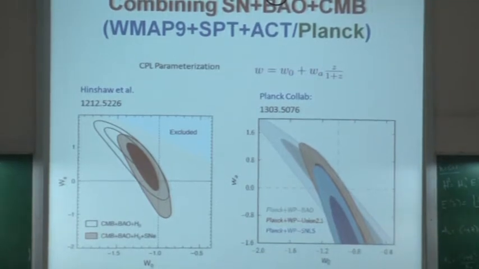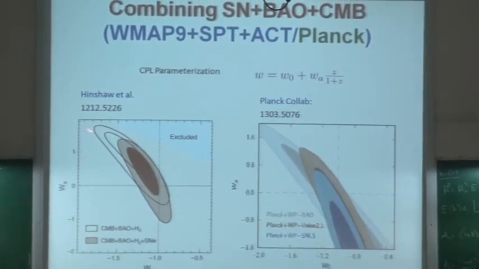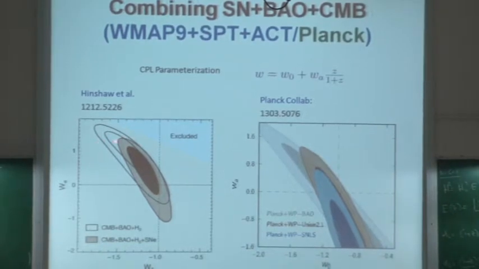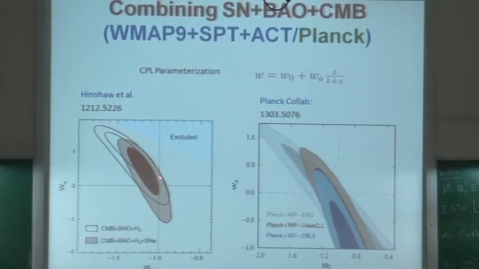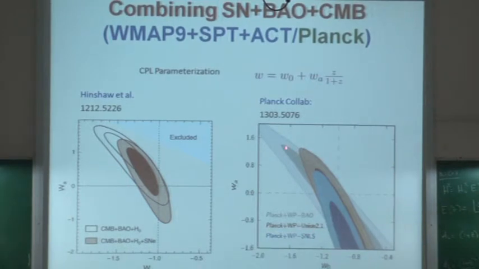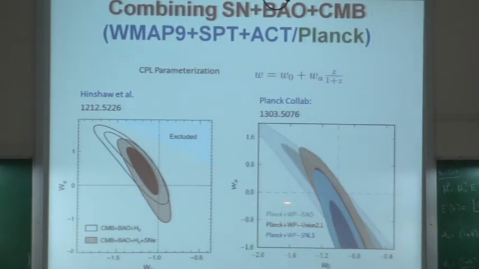Now this is from the Planck. So this is before Planck, WMAP 9. Okay, and you see that here. So this is only CMB, and the dark one is CMB, baryon, Hubble parameter measurement, and the supernova. And one can see the cosmological constant is just outside the 1 sigma region. And this is the Planck measurement, okay? And this is only Planck. This is Planck plus some set of supernova data, and this is Planck plus some other set of supernova data. And here also one can see the cosmological constant, which is W equal to -1 and W A equal to 0, is also just outside the 1 sigma region. I will come to this point at the end of the last lecture, in more detail.